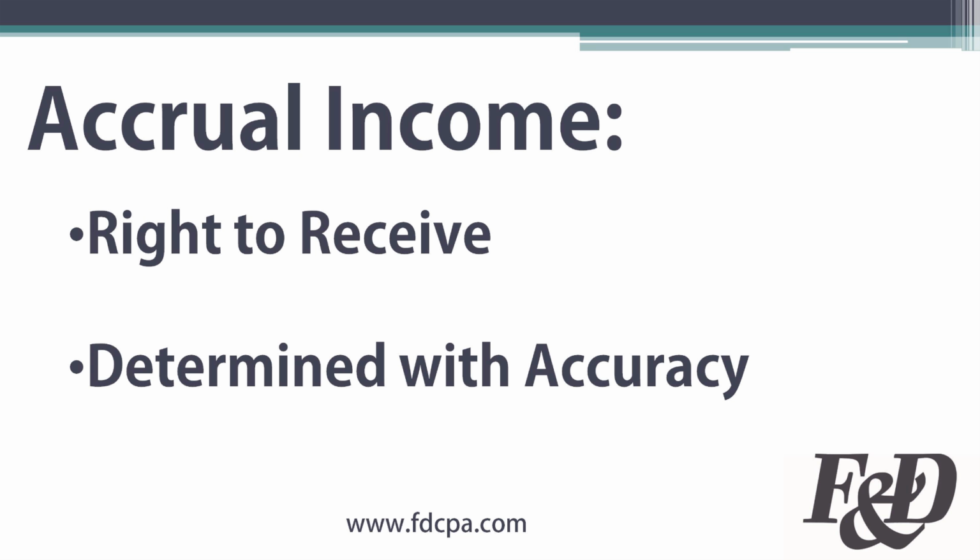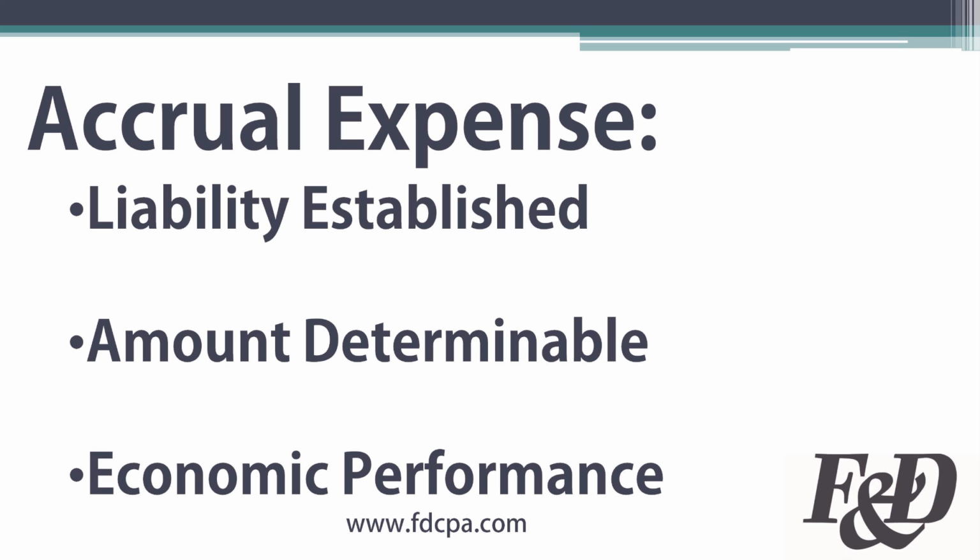Under the accrual method of accounting, income is included in the year in which all the events have occurred that fix the right to receive the income, and the amount of the income can be determined with reasonable accuracy. Expensing under the accrual method typically works the same way, in that a deduction may not be taken until all the events have occurred that establish the liability, the amount of the liability can be determined with reasonable accuracy, and